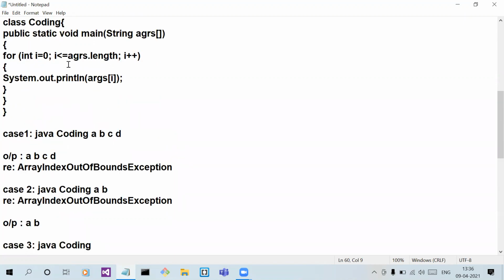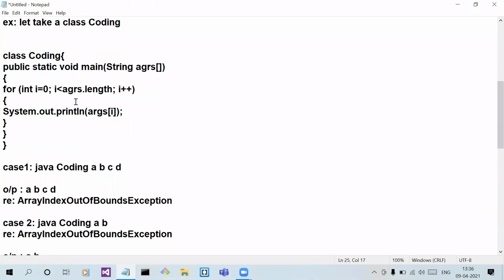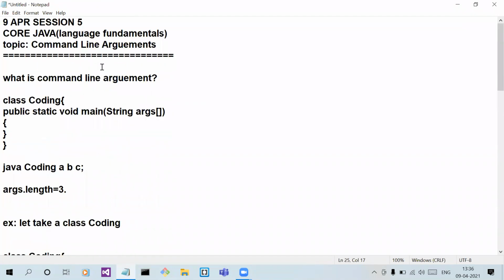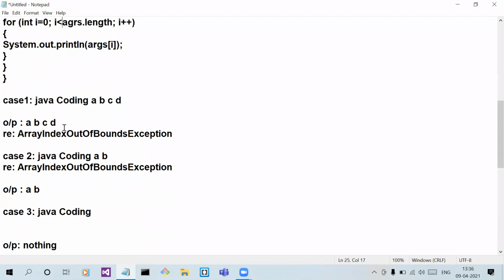Now tell me, if I replace less than or equal to with only less than, what happens? Then no exception, no errors. The output will remain the same: A, B, C, D, and for 2 arguments A, B, and for no arguments there is nothing.